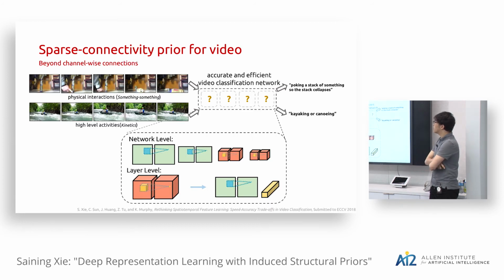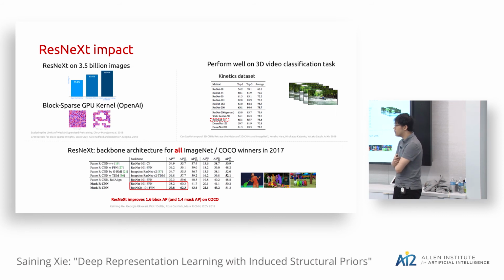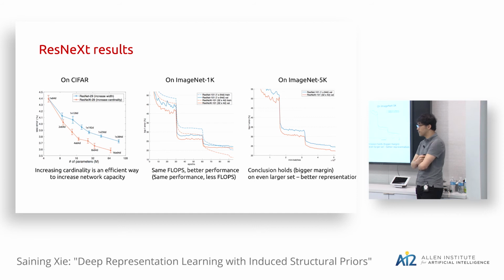Okay, and here I want to show that this kind of sparse connectivity prior can be extended beyond just the channel-wise connections. Yes, please. I was just wondering, your ResNext 101, the group, so it was exactly the one that you showed. It was like 30